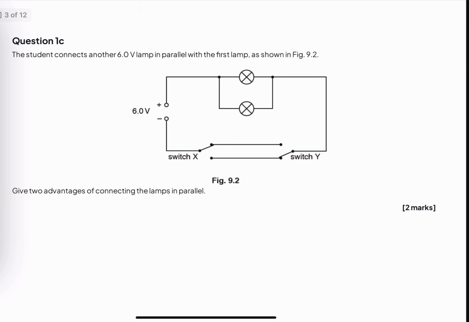Moving toward the next question, it is the same question, part C. The student connects another 6-watt lamp in parallel with the first lamp as shown in figure 9.2. Give two advantages of connecting the lamps in parallel. Okay, so when the lamps are connected in parallel, let's analyze it. The current will start moving from this point, and it will have two paths to flow. It can flow from this point, and it will flow from this point as well. Okay, in parallel combination,